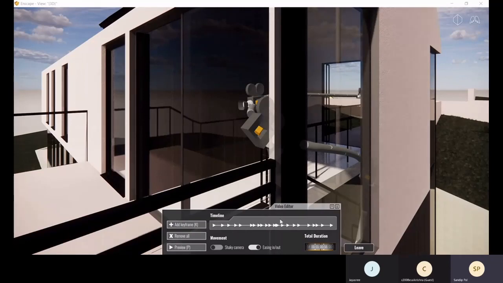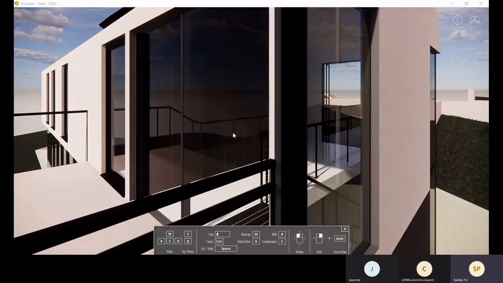So how can you render this realistically? For that you have to come to Revit, and here you get this video editor on/off, and a render video option to render that video. For this, it will take too much time.